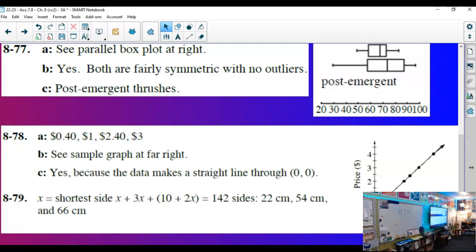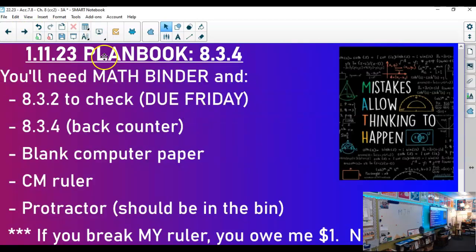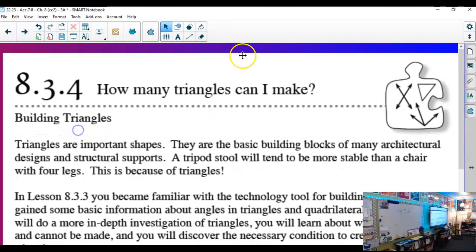All right, no questions? All right, for our friends playing along at home, just in case you missed this, this is what you would need. Especially if we can't not break rulers, maybe we should use technology instead. All right, but we need 834 out. So please get that out. If you don't, I'll give you a minute to transition while I grab my 834. Now, once we start the lesson, I'm then going to